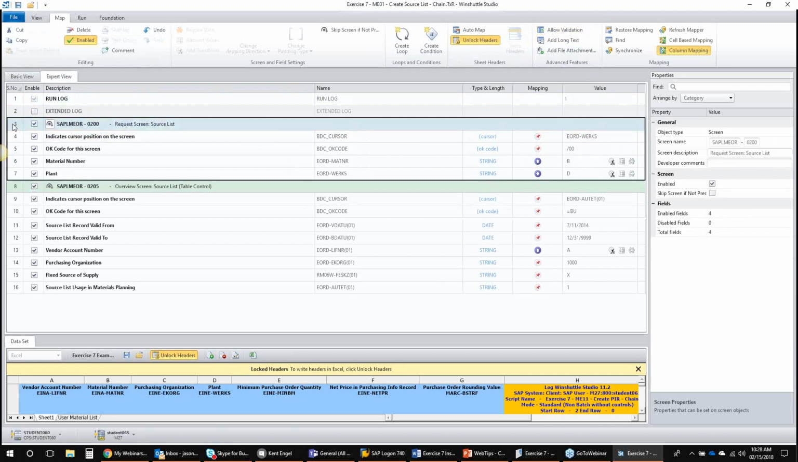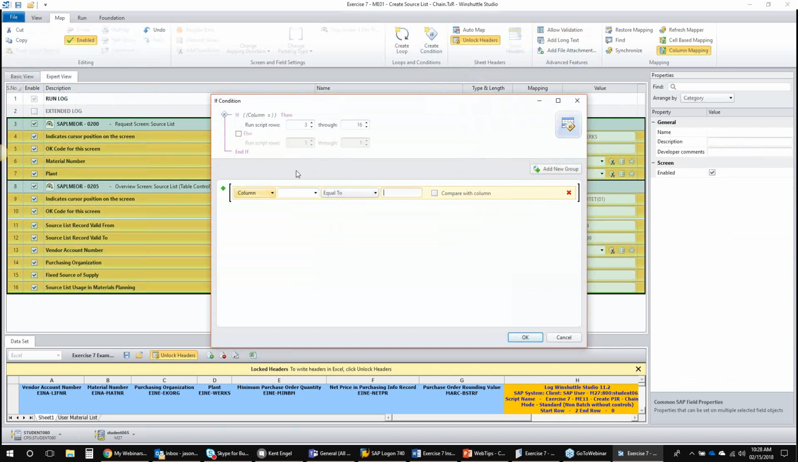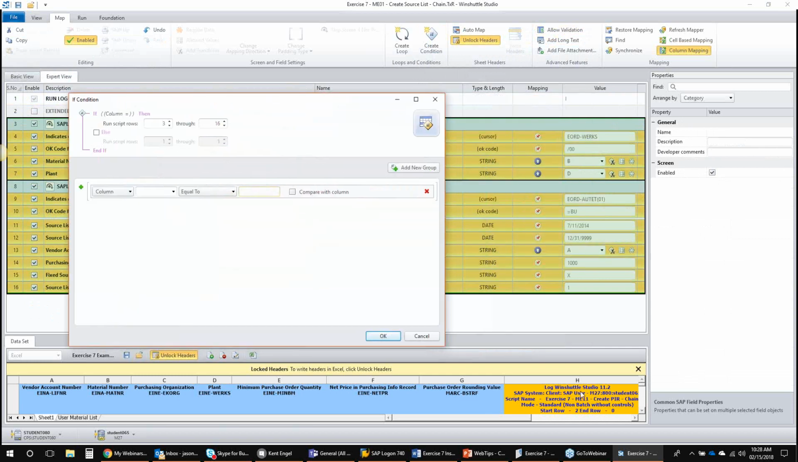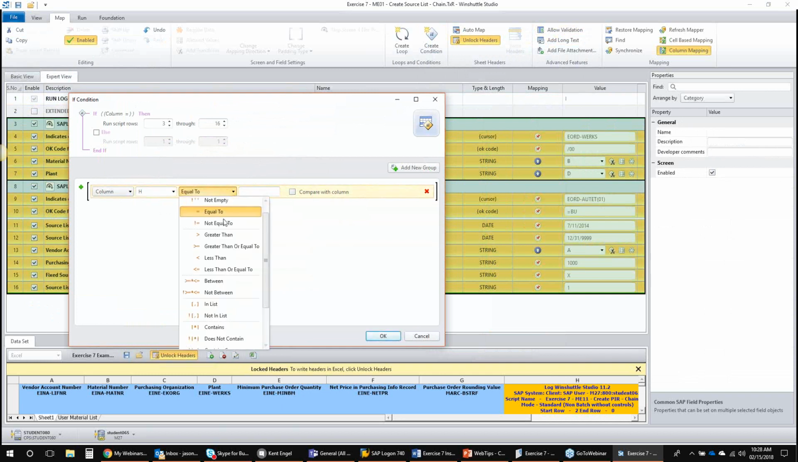So I'm going to start on row 3. I'm going to hold down the shift key, go to row 16, and that's going to select everything underneath my log columns, and that's where I'm going to apply my if condition. If condition is found up in the ribbon. I select that, and now based on column H, because that's my log column for my first script, so I'm going to base it on column H. Click go. If that starts with